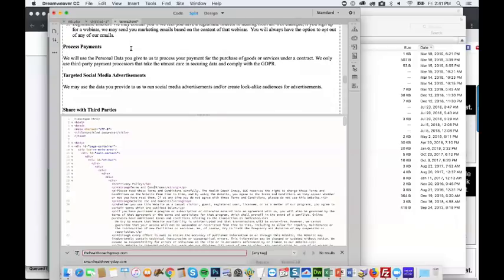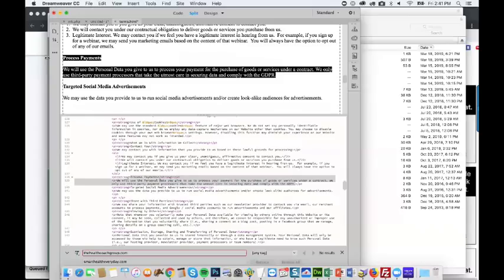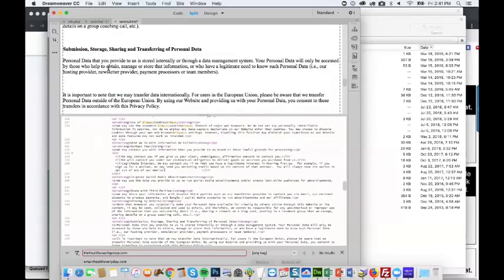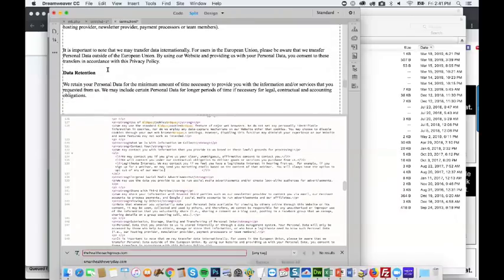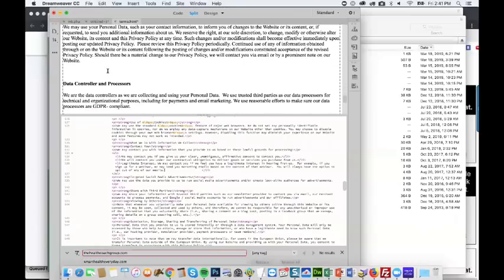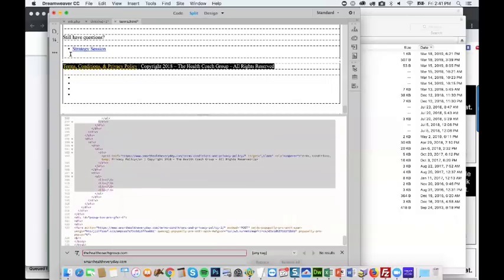Process payments. We're not processing payments. If it's something that you know you're not doing, then take it out, because the offer itself is going to have its own privacy policy and terms. So they're the ones actually collecting the money. All right, this looks good. Let's get rid of this stuff.